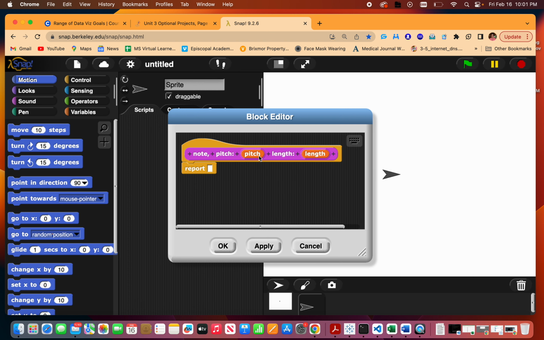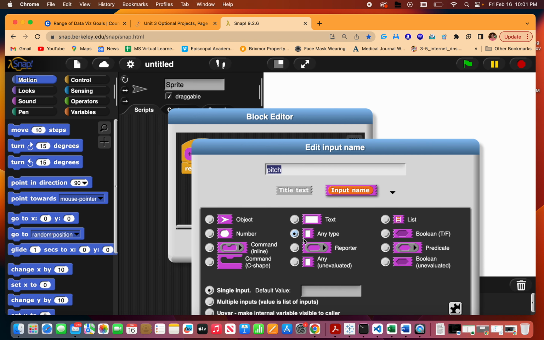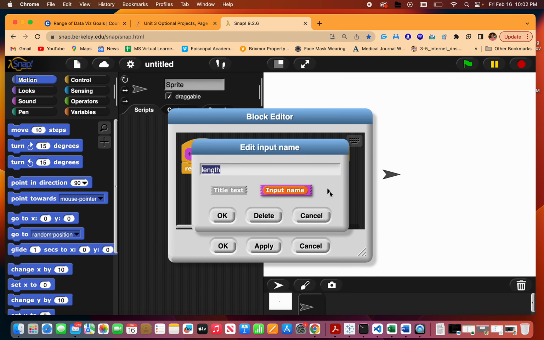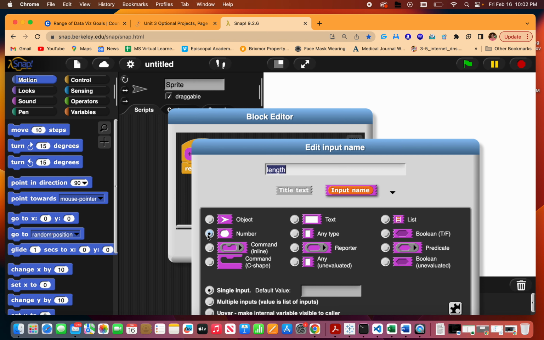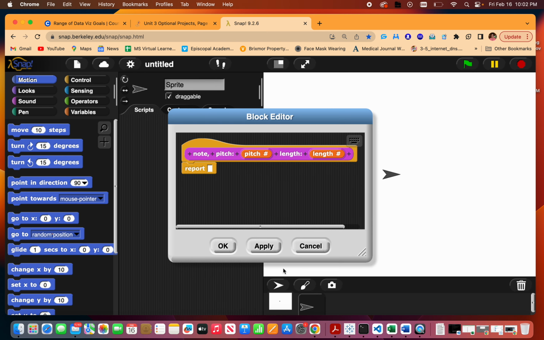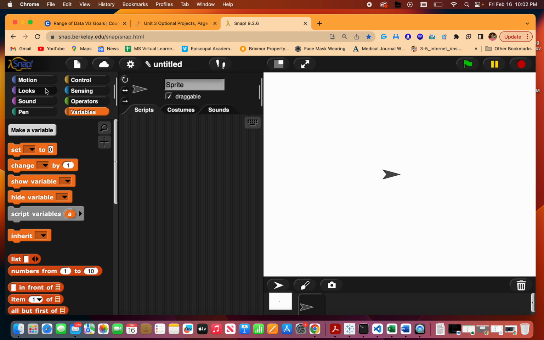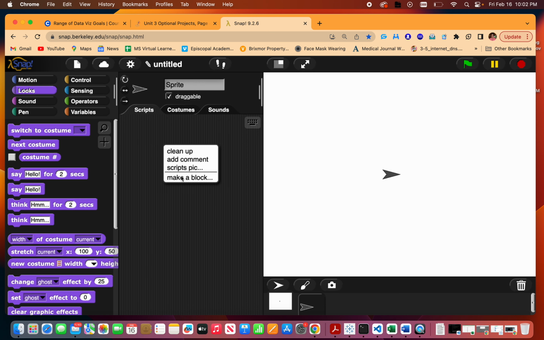Note, pitch, pitch, length. Okay, and these are numbers. In other languages it is important to understand the difference between integers, strings, floats, and all that. Snap, luckily, will take any input unless you specify it. So I'm going to specify those as numbers, and you'll see they put a hashtag there. We are going to store those 2 numbers into a list. Okay, so we have a pitch and a length for each of our notes. And then we're going to make 2 more blocks